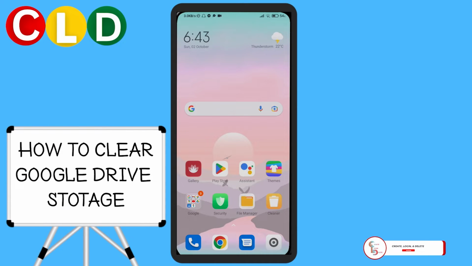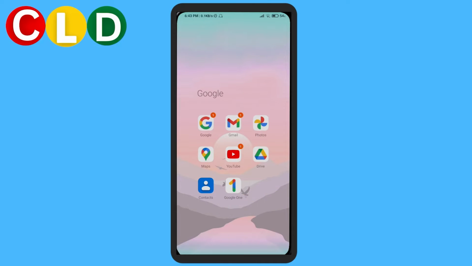How to clear Google Drive storage in phone. So if you're wondering how to clear Google Drive storage in phone, you've come to the right place. Let's get started. The first thing you want to do is go ahead and open your Google Drive,